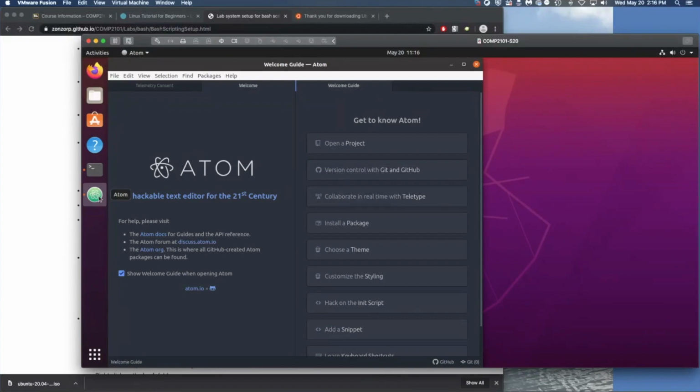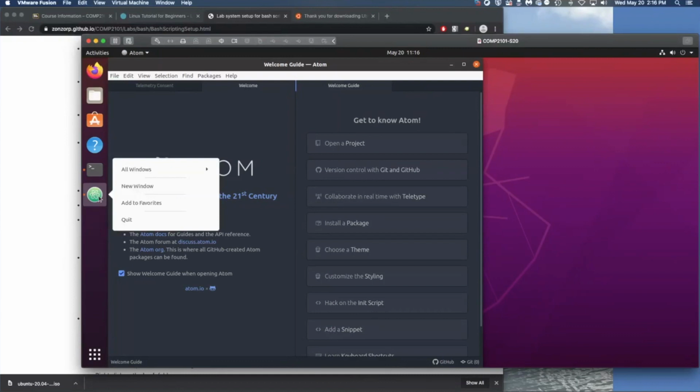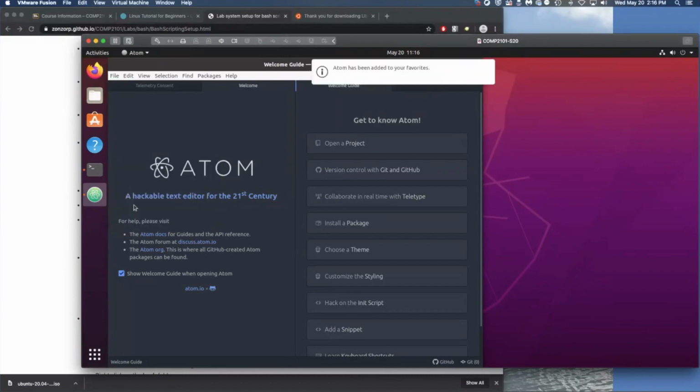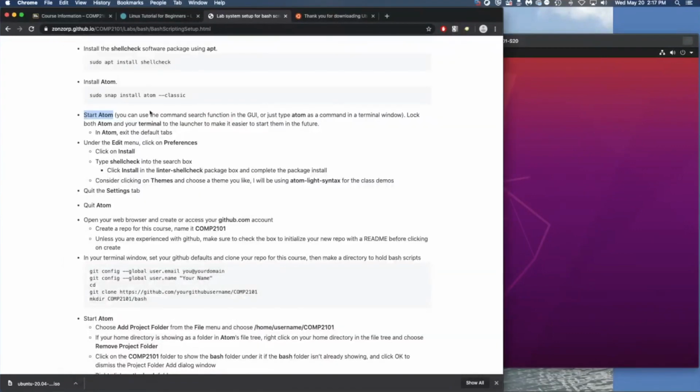I'm going to be using Atom frequently, so I want to make sure that it stays available. I'm going to right click on the icon in the launcher and add it to my favorites list so that it stays there and is easy to find and restart again. That also reminds me to wait for the icon so I know Atom has finished starting up. So we can start Atom a couple of different ways, which are mentioned here. But once it has started, the first thing we're going to do is